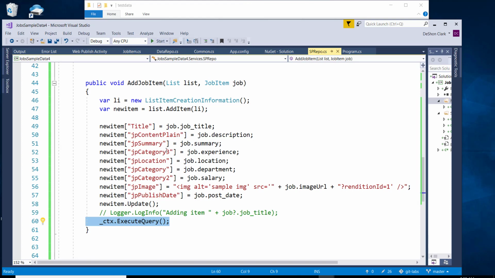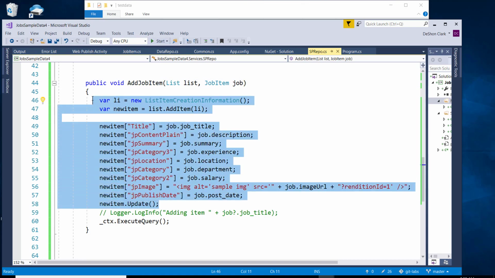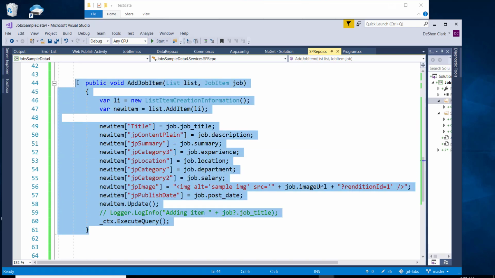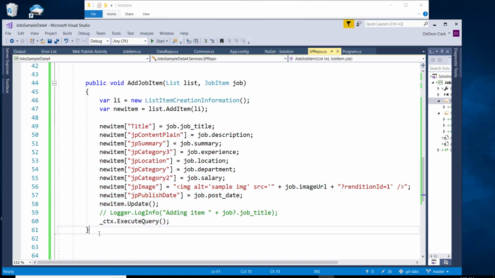Now, one way that you can speed this up, and you kind of did a preview of this in the previous video, is to do these in batches, right? So there's no reason why we have to do this execute query one item at a time. We can create 10 items as an example and then do an execute query, and this will be a little bit faster. So let's just take this as a starting point